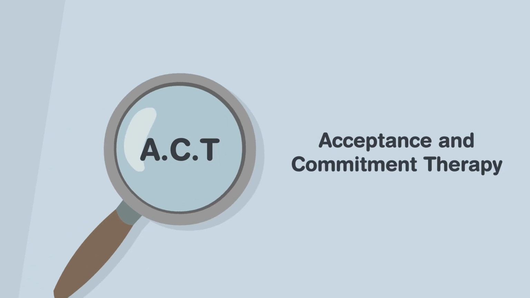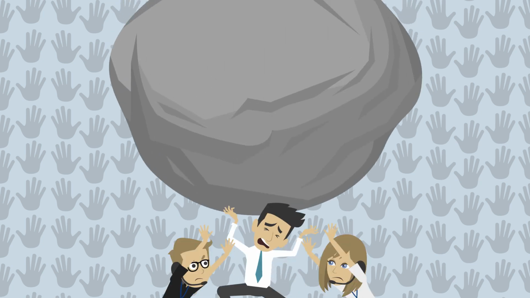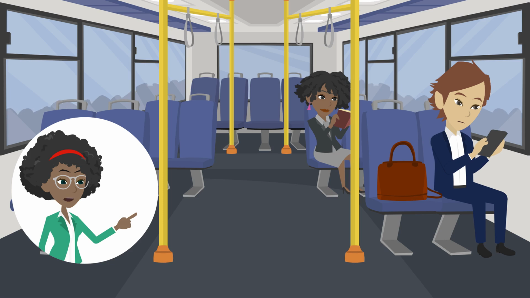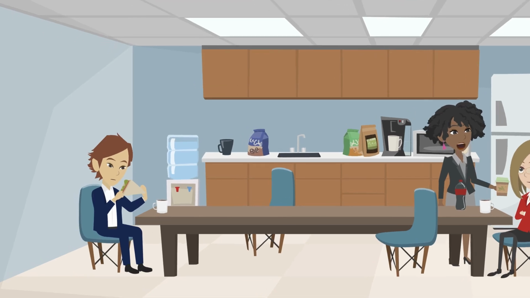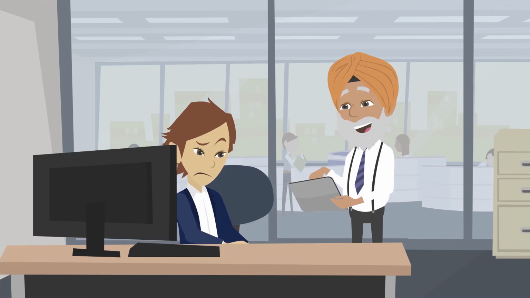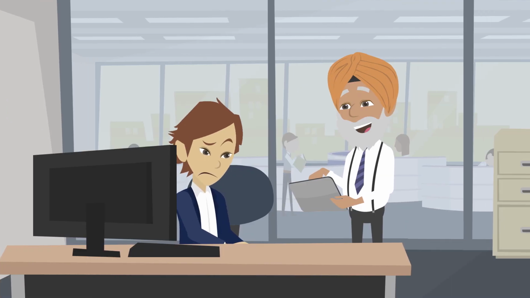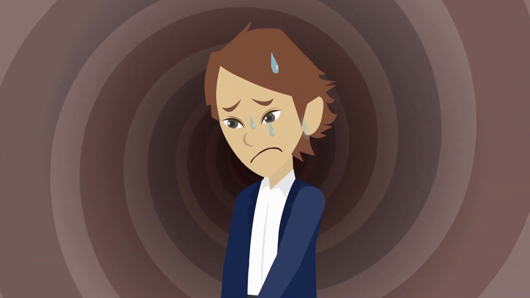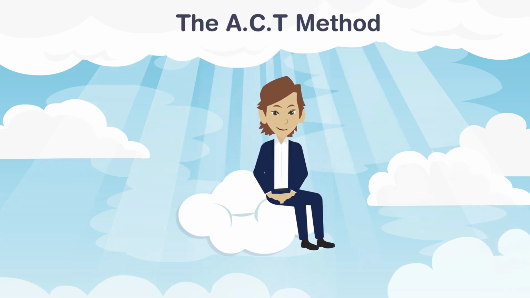Acceptance and commitment therapy, ACT, a method used in psychotherapy, can help employees better cope with professional challenges without becoming discouraged. ACT consists of 6 processes, which we will explore through an example featuring Paul, a shy employee who dislikes public speaking. He finds himself tasked by his manager to lead an important meeting with clients. Faced with this responsibility, Paul begins to feel nervous. However, he puts the ACT method into practice to manage his anxiety.